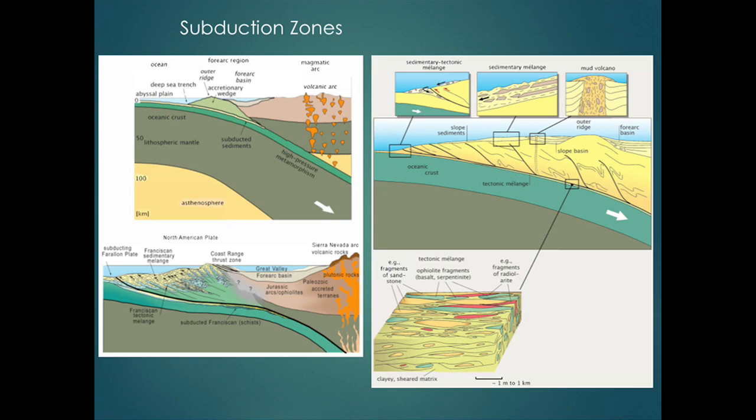Now, it doesn't take an awful lot of knowledge to realize that when one plate is going under another plate, there's got to be a lot of stress at that boundary. So sediments that are deposited in this region are being ripped up and shoved out of the way. And when I say this takes place over tens of millions of years, it's not as fast as I'm saying it, of course. So we build this huge wedge of deep sea sediments, and the new package comes in and gets pushed over the older package,